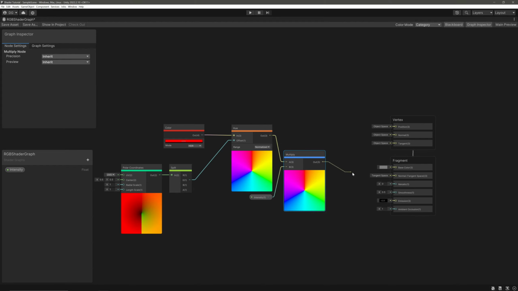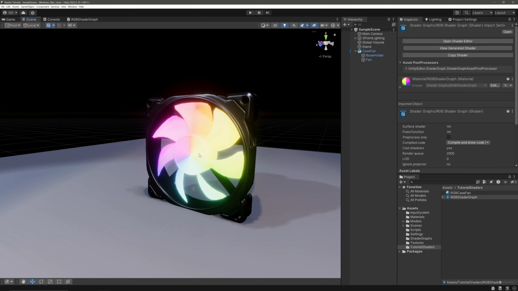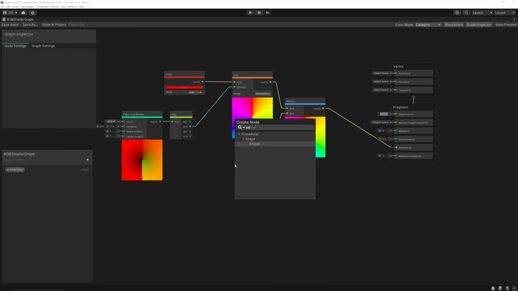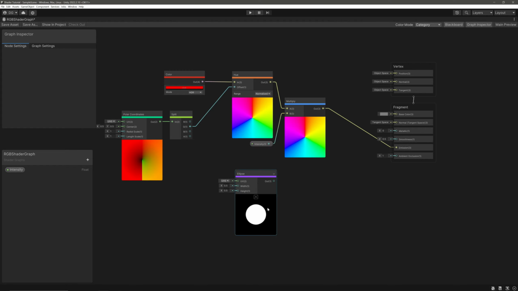In scene view, we have this nice color spectrum that goes around, but it covers the entire fan. I want to leave out the center. To do that, we will mask the center. For that, let's create an Ellipse node. It will give us this nice little circle. We can control its radius with this width and height.